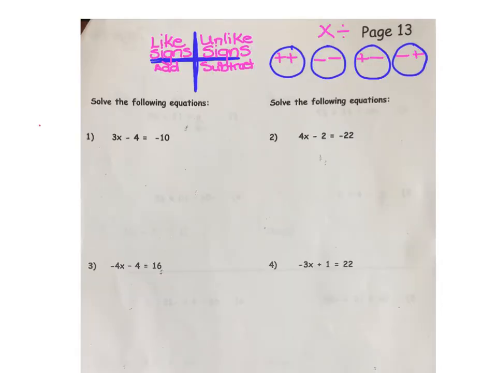Let's review the rules. When you add, like combining a -5 and a -4, they are like signs, a loss of 5 and a loss of 4. You end up with a loss of 9. But when you take a -10 and combine it with a +4, you actually subtract